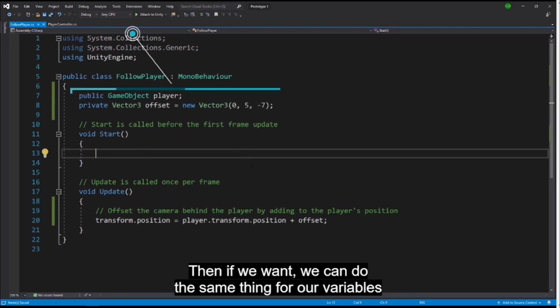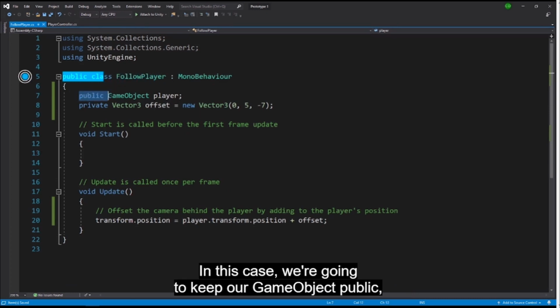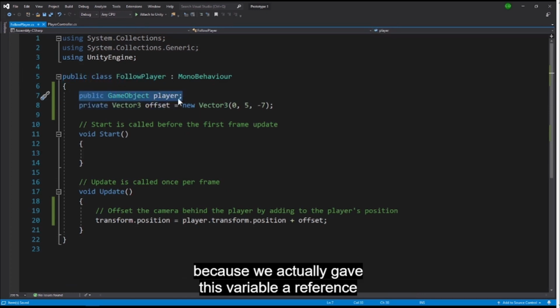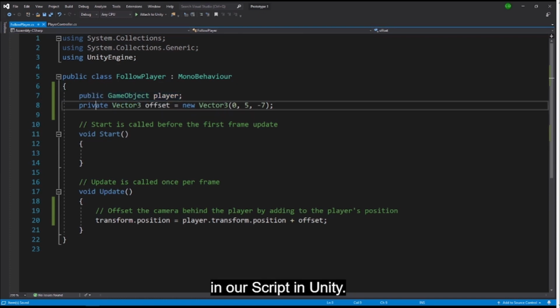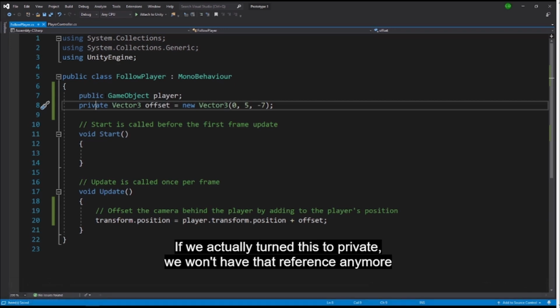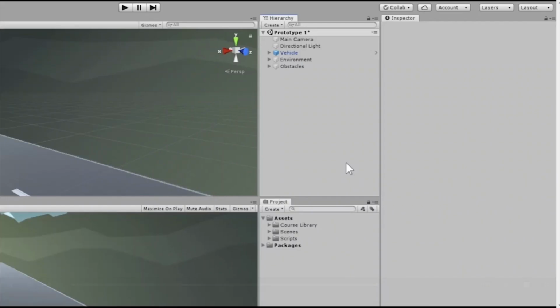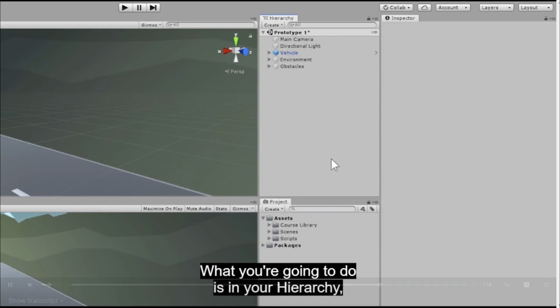And then if we want, we can do the same thing for our variables in our follow player class. In this case, we're going to keep our game object public because we actually gave this variable a reference in our script in Unity. So if we actually turn this to private, we won't have that reference anymore and we'd actually break our camera. So what you're going to do is in your hierarchy,